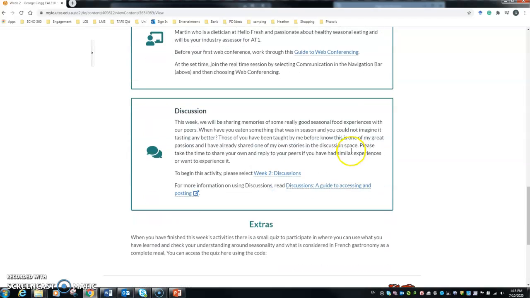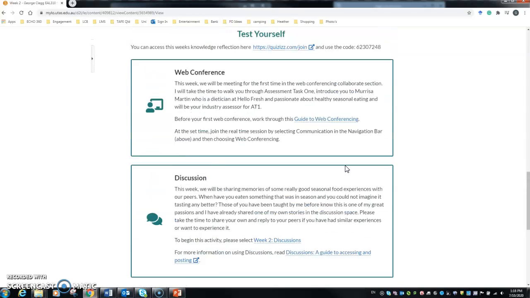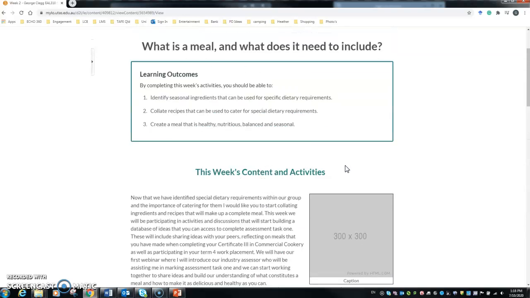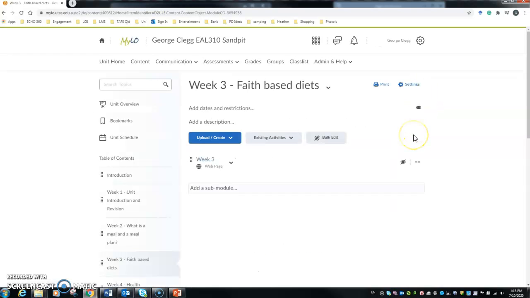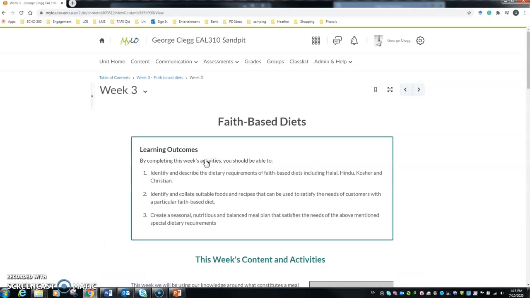up to scratch. And then the discussion for this week is all about sharing when you've had a really good seasonal food. So just getting them to think about and remember really good seasonal food that they've had. Week 3, we start getting into two weeks, and one week is based on faith-based diets. The structure of these two weeks is fairly similar,